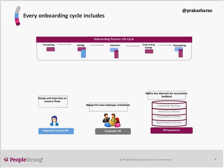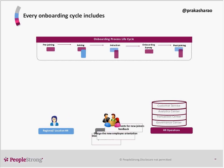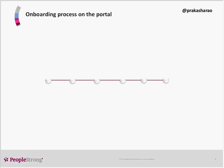And any workflow design, any changes in the overall process, that will rest with corporate HR, who typically manage the designing of new processes. So number one, if you want to transform your onboarding process, look at the process end to end and ensure that you're creating roles and responsibilities and assigning clear roles as to who's playing what roles here. After that, they come to the